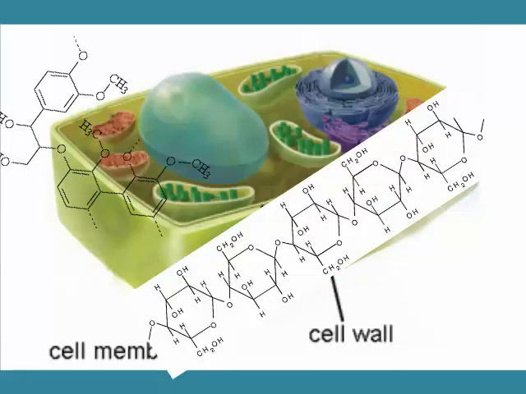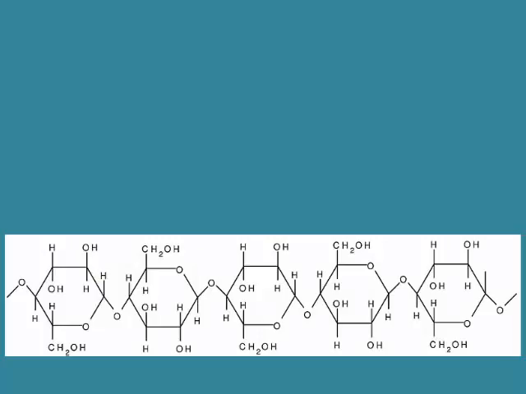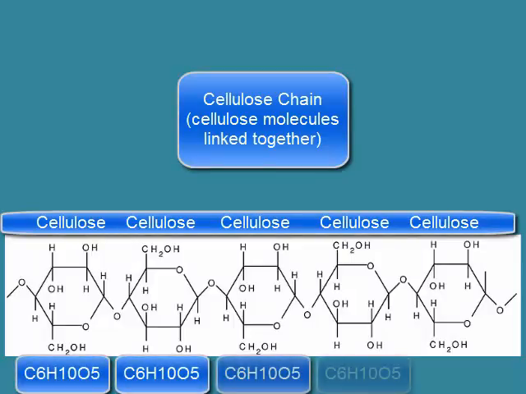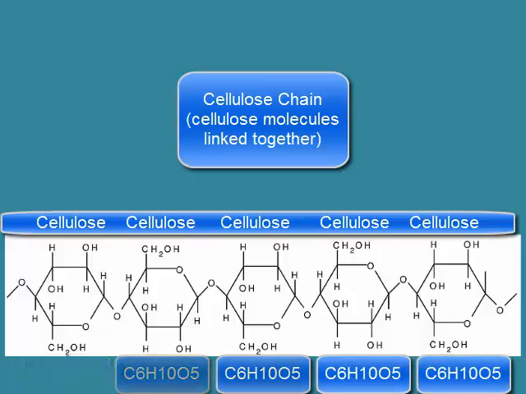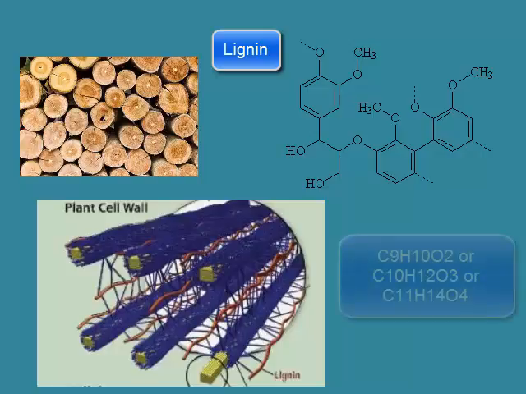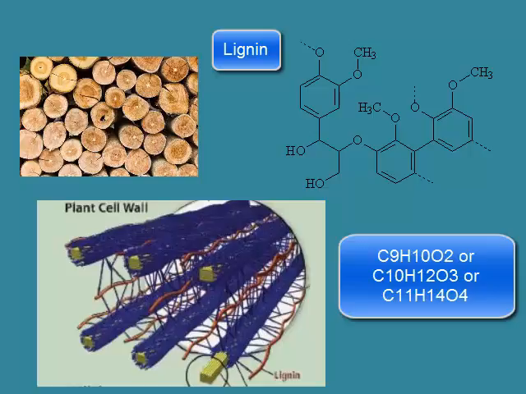Cellulose, the chemical formula C6H10O5, is the main component of the cell wall for green plants. So when you're looking at like a leaf, the cell wall of the leaf cells is comprised mostly of cellulose. Woody plants also have cell walls, but it's made from something like lignin. There's several different forms of lignin, but just an example, lignin has the chemical formula of C11H14O4, and